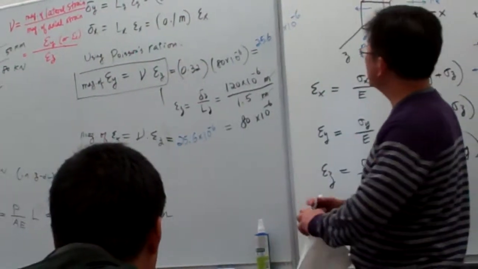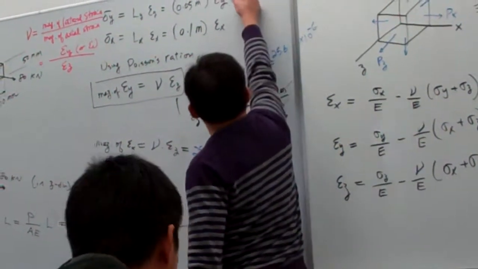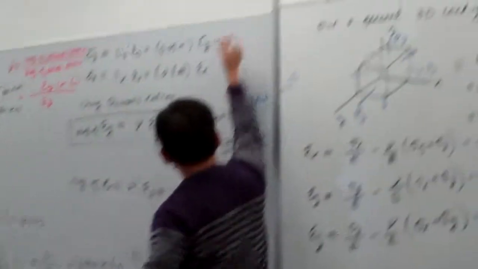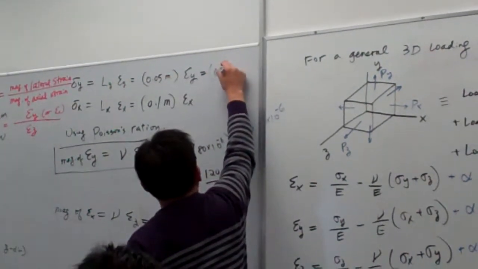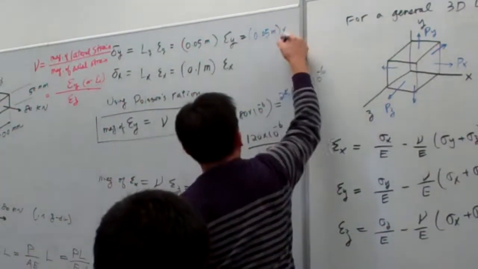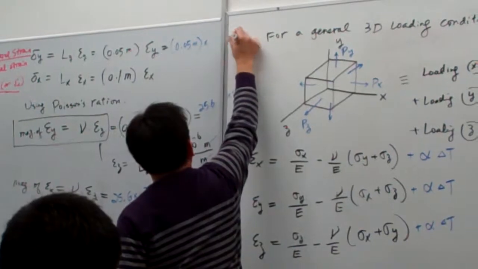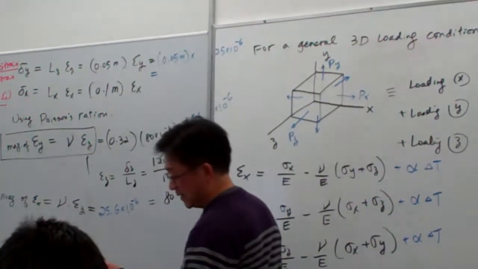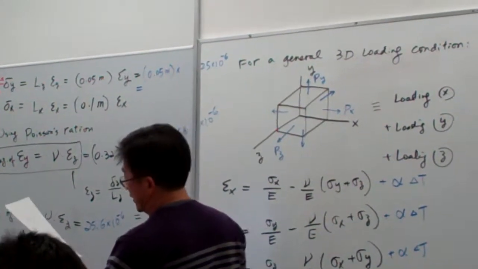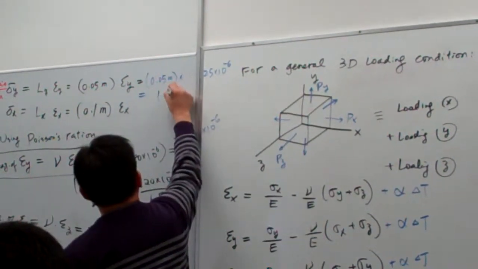Right now we simply plug in: 0.05 meter multiplied with 25.6 times 10 to the minus 6. So this calculation in the y direction is 1.28 times